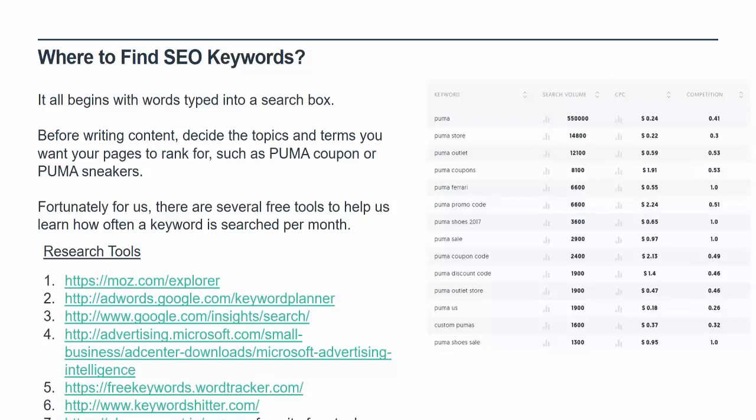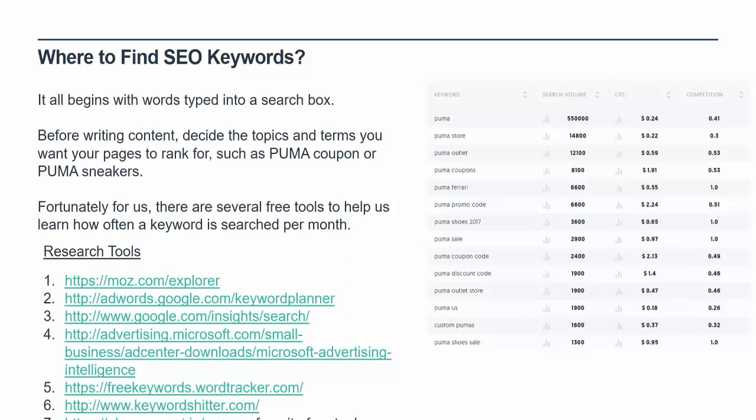And what I like most about it is in 2018, it's not so easy to get the search volume number for free. So if you use Google AdWords Keyword Planner and you're not paying for ads, what they do is they give you a search volume range rather than that definitive 550,000 number that you see here on the right side. But Ubersuggest still gives you that definitive number. And I think the tool is pretty good. It looks like this. I'll show you more about it in a minute. It's completely free to use. You type a seed keyword to get it started, and you can filter for any combination of words you want.